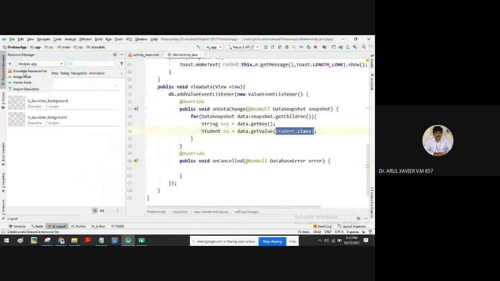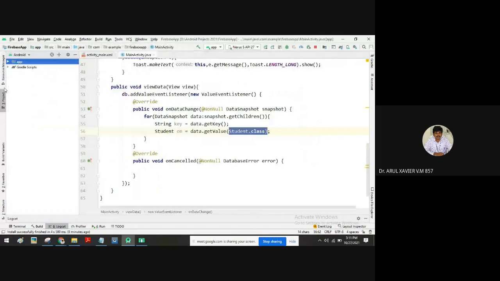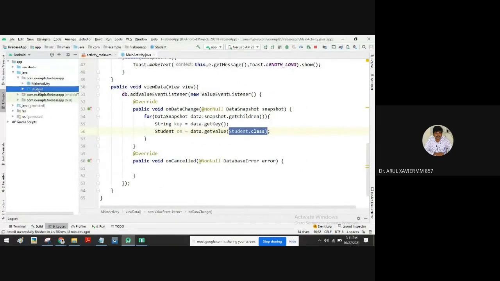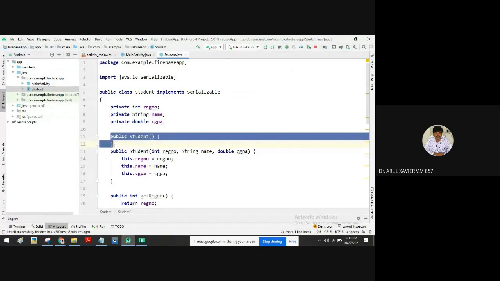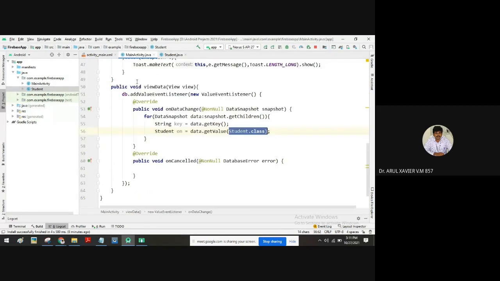The register number, name and CGPA values are copied from the node, and it will return the Student object prepared from this DataSnapshot. Now we can display the data.